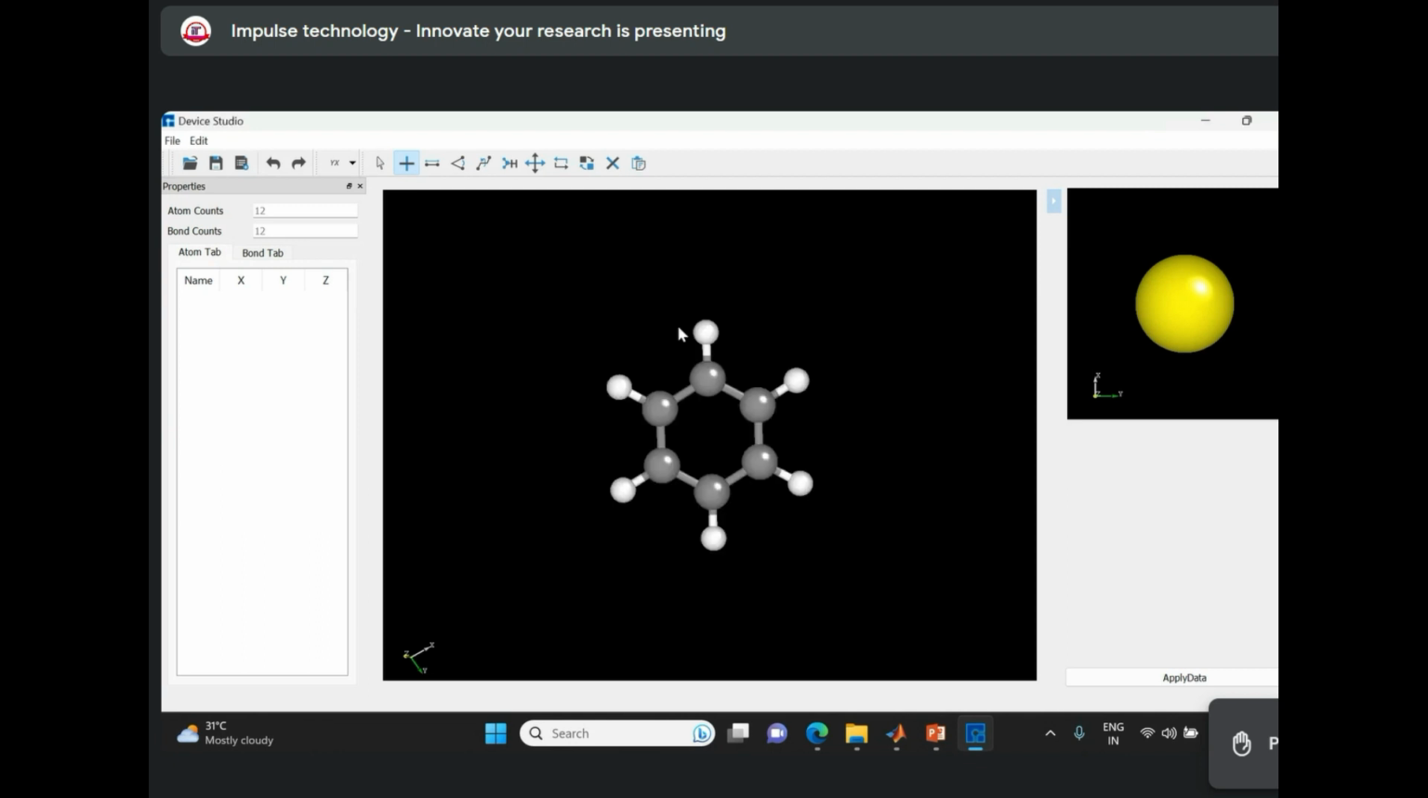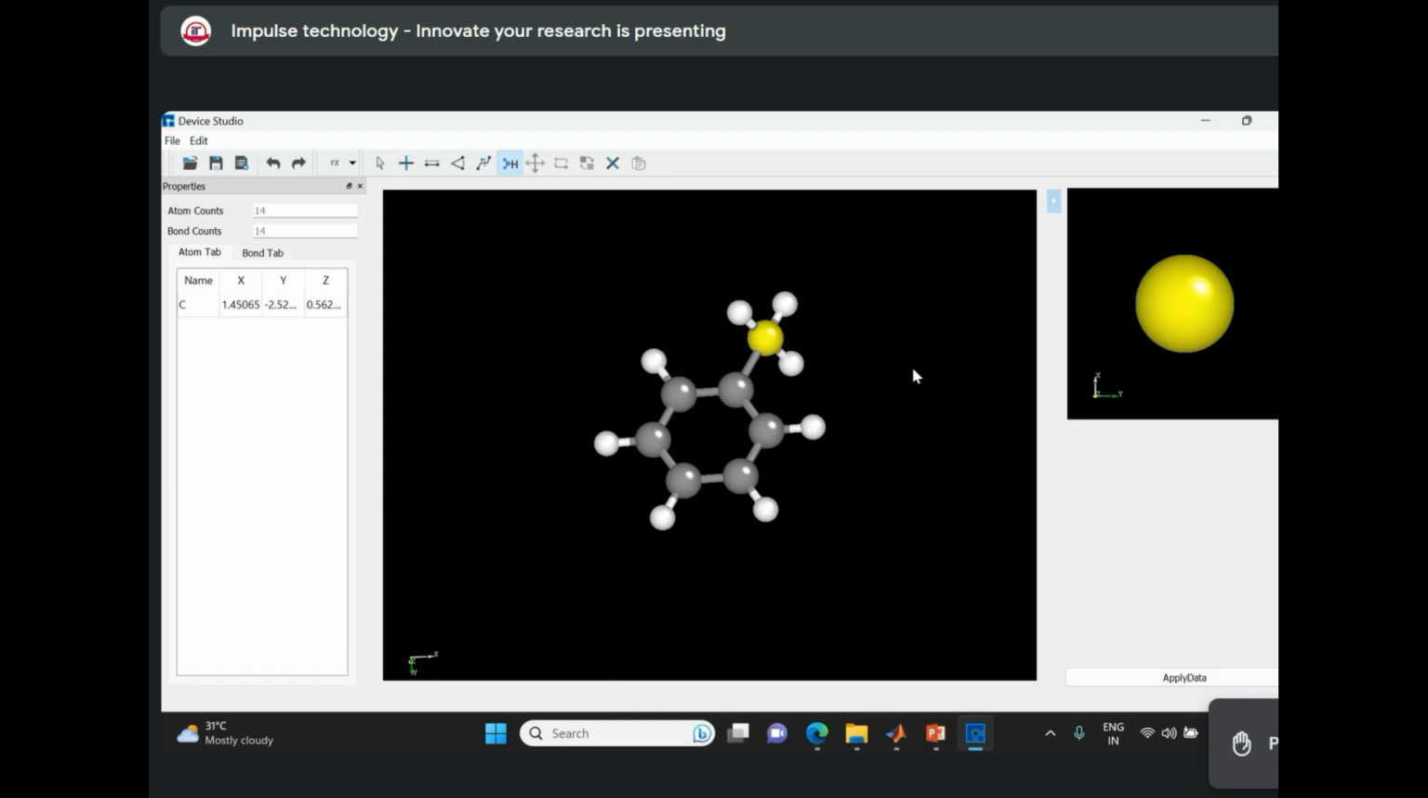and you can change this hydrogen with the carbon. Again select hydrogen, like here you can see this is the add hydrogen option, and you can press 3 times. So this is the toluene molecule,